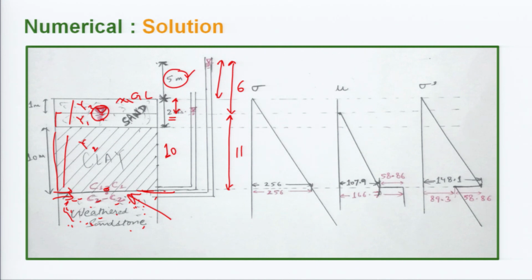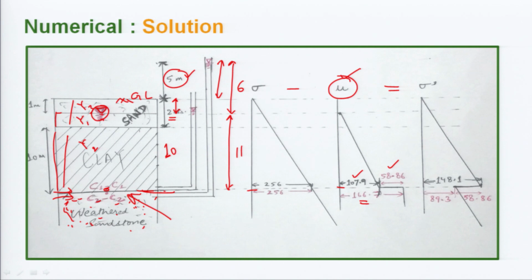So, understand, just at this section, if you are talking just above, the total stress value is the same. So, there was no problem as such whatsoever we are dealing with here. But when you talk about this U, pore water pressure, what happens is that just above this section it was 107.9, but due to artesian pressure the pore water pressure increased and shot up to 166.7. So, there was a change of 58.86. The value you noted was 166.7 and the change was 58.86. So, when we subtract this we get the effective stress.